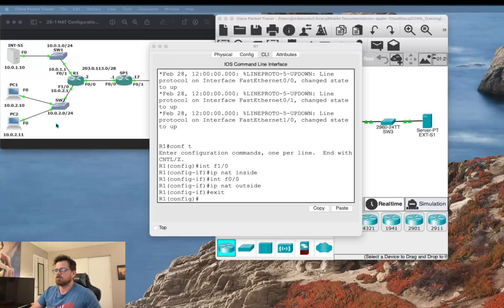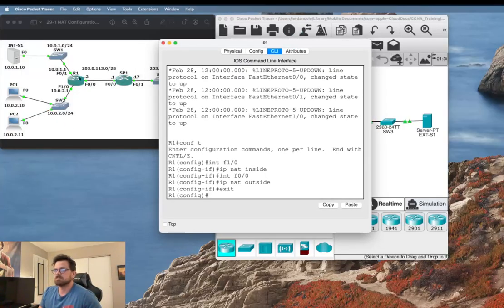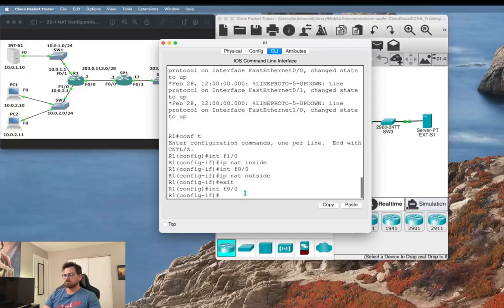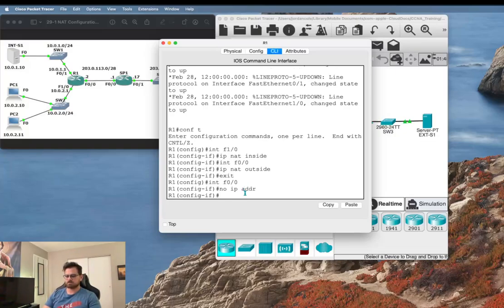So what we're going to do here now is configure this F00 interface with a DHCP address, which is going to be provided from this range right here, the range of public IPs that we've been using. So I specified my NAT inside on this interface, and specified my NAT outside on this one. So next thing we want to do, we want to hop back into F00 and get rid of the IP address. So no IP, and then we're going to do,